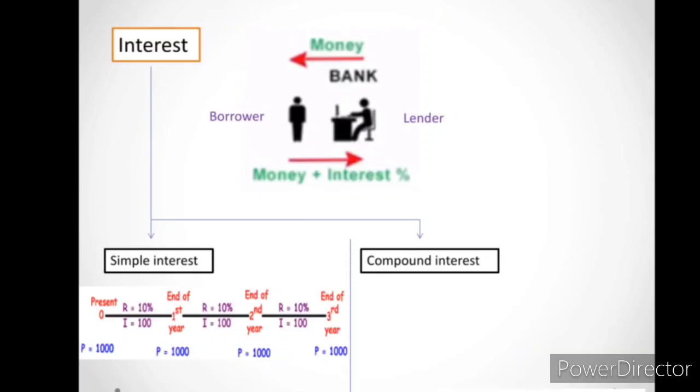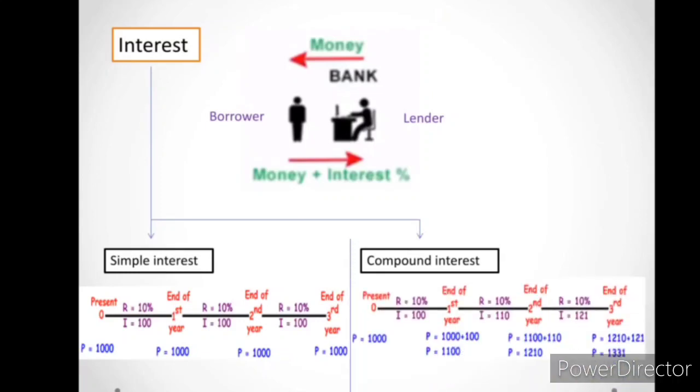Let us go to the second one, that is compound interest. The meaning of the word compound is something that is composed of two or more elements. Simple interest was calculated on the principal amount only, but in compound interest, interest is calculated not only on the principal amount but also on the accumulated interest. So the two elements here are the principal amount and the interest. Here we have another example related to compound interest which helps us to understand what compound interest is.